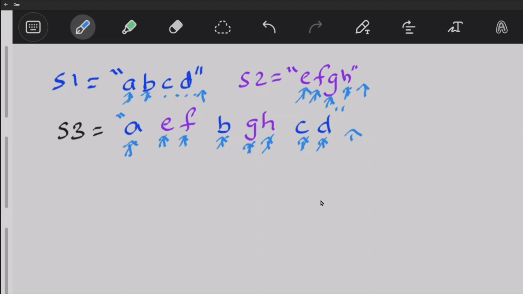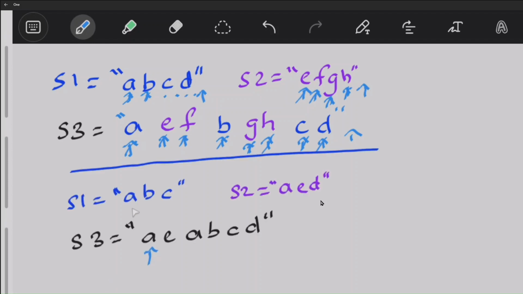This algorithm works, but there are some cases where we might have a problem. In this example, the first character in S3 is A, but if we observe, the first character in S1 and S2 is A as well. So what should we assume? Can we assume that this character came from S1, or is it from S2? If we assume that this character came from S1 and move forward, then we are looking for the character B or A, which is not the case. But if you assume that A came from S2 and move forward, it works because E is the second character. So we do not know beforehand